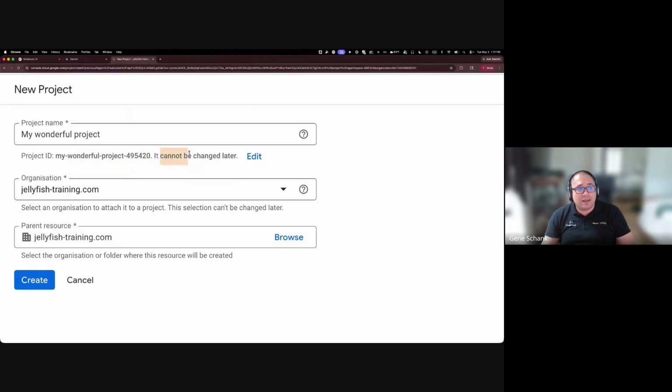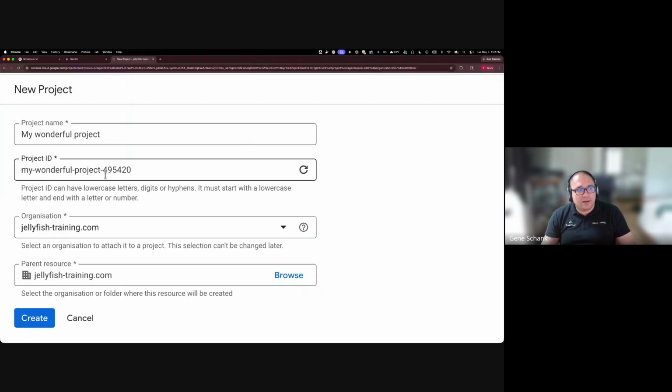This is important. It cannot be changed later. This is something the exam loves asking about. I don't know why. It's not a particularly important piece of information, but they love asking about this, right? So what is the piece of the project that you can edit only while you're creating the project? Well, it's the project ID, right? So you can edit it and you can say, no, I actually want this to be called, I don't know, Superman, Starfish,